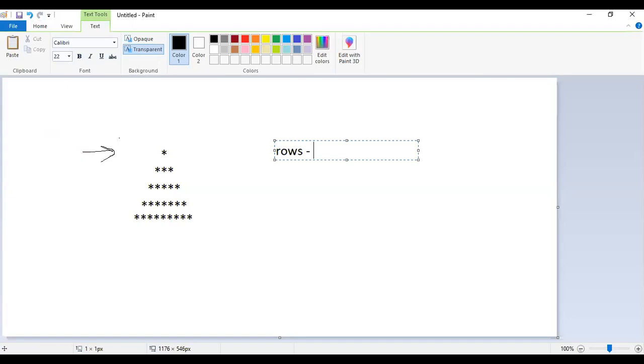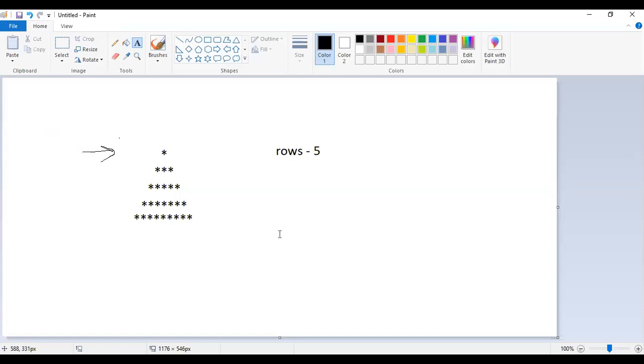So this is the first thing in drawing this pyramid. Then the second parameter we are going to consider is the triangle of blank spaces. So we are going to consider this particular portion, the blank space.